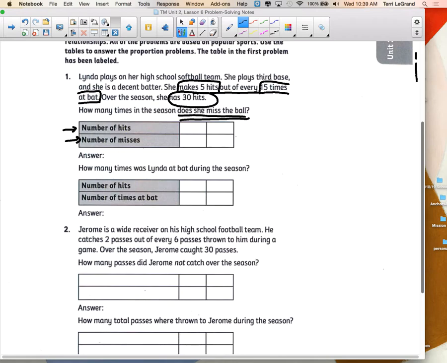Okay, so let's set up a ratio that compares hits to misses, right here in this first part of our ratio box. Hits to misses. Anybody think they know a ratio we could set up there? She makes 5 hits. How many times does she miss? Kira? She makes 5 hits out of every 15 times at bat. How many times does she miss? Write this. She misses, if she's at bat 15 times,